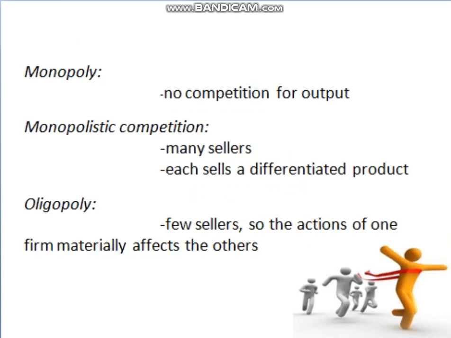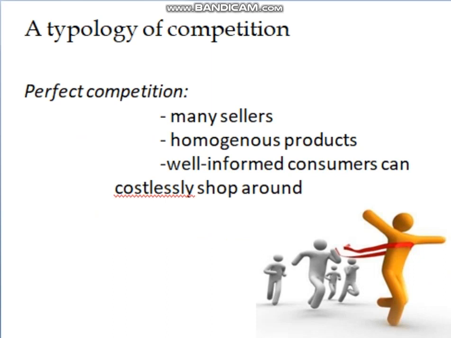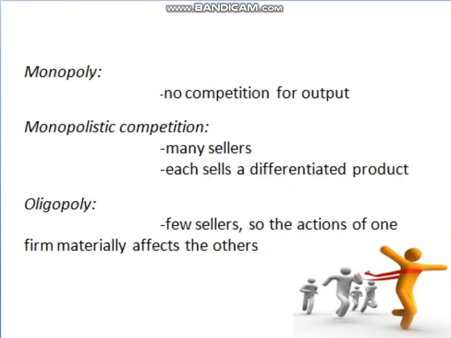Then, in case of monopoly, there will be no competition for output because there will only be a single seller. In case of monopolistic competition, there are many sellers as in perfect competition, but each seller sells a differentiated product. That is the difference. And in case of oligopoly, there are few sellers, and so the action of one firm materially affects the others. So these are the different topologies of competition: perfect competition, monopoly, monopolistic competition, oligopoly, and